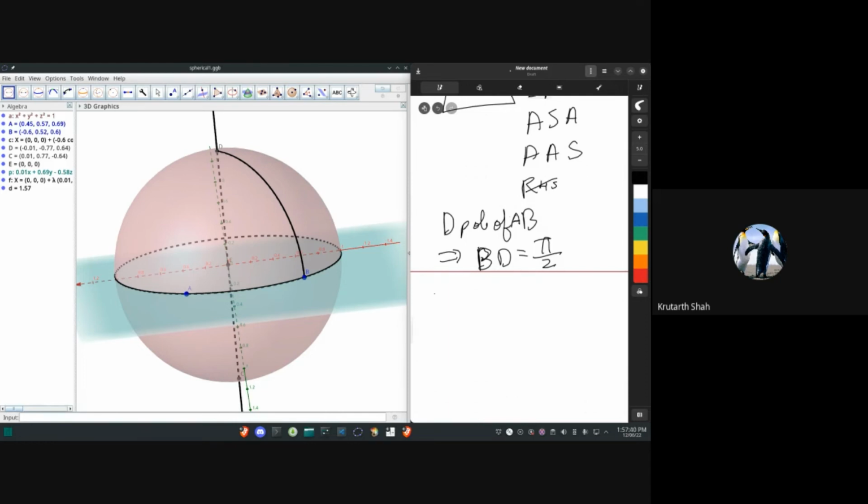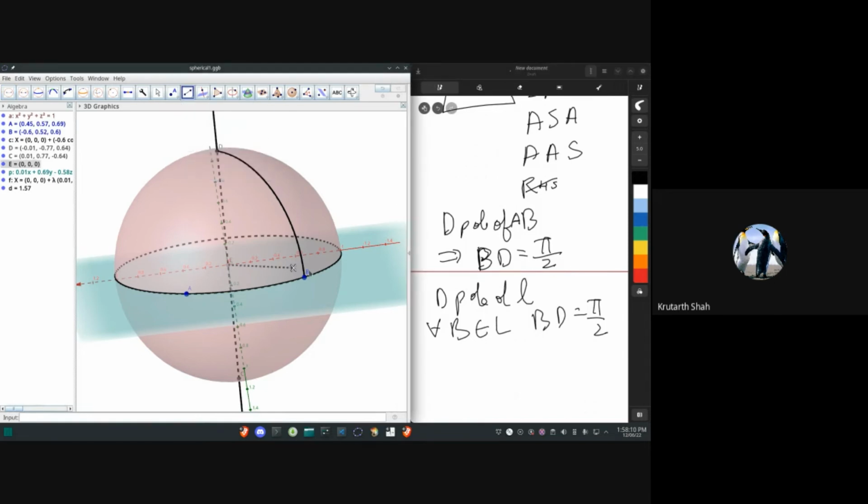Or you can write it equivalently: if D is a pole of L, then for all points B on L, we have BD equals 90 degrees. And the pole is defined as the intersection of the perpendicular with the sphere, right? With the plane passing through the circle, yes. So it's almost by definition, since angle DEB is 90 degrees, since it's perpendicular to the plane,